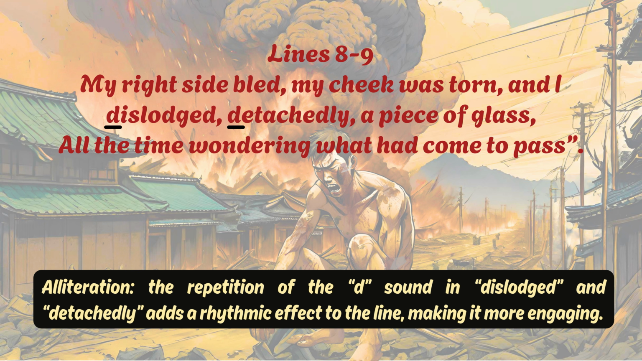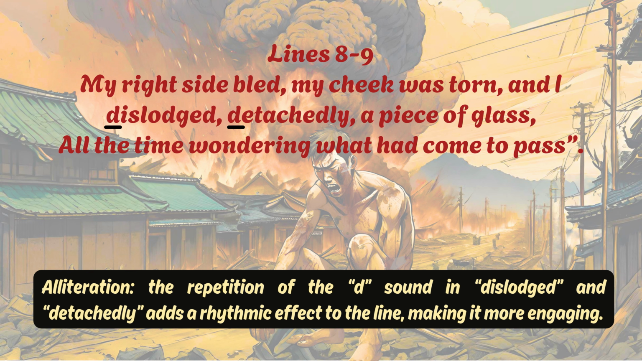Next, "my right side bled, my cheek was torn, and I dislodged detachedly a piece of glass, all the time wondering what had come to pass." Now, in this line, the phrase "and I dislodged detachedly" is an example of alliteration, right? Because here the repetition of the D sound in "dislodged" and "detachedly" adds a rhythmic effect to the line,